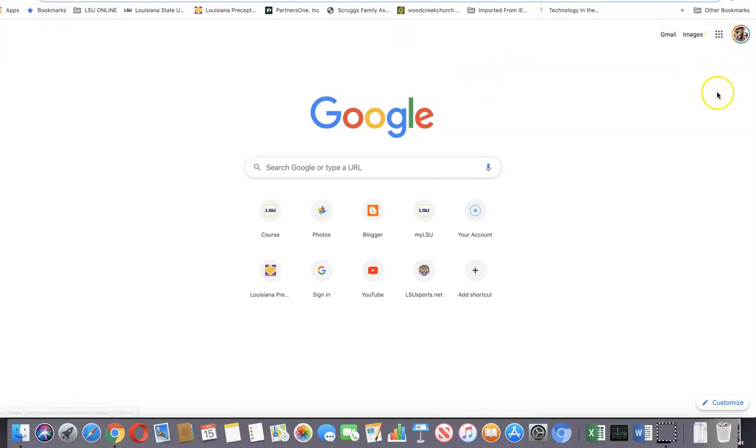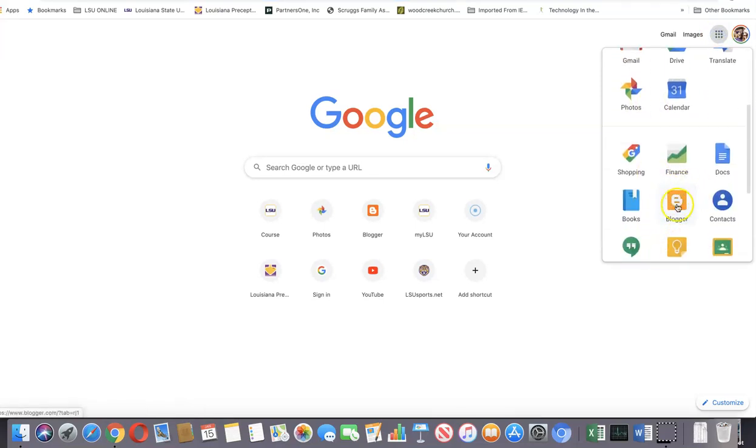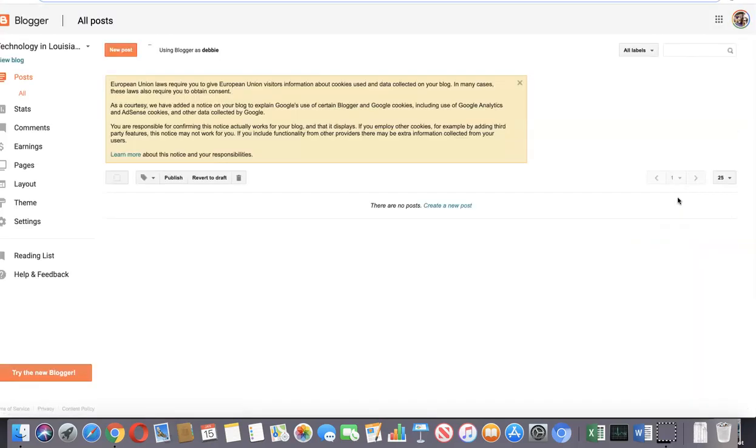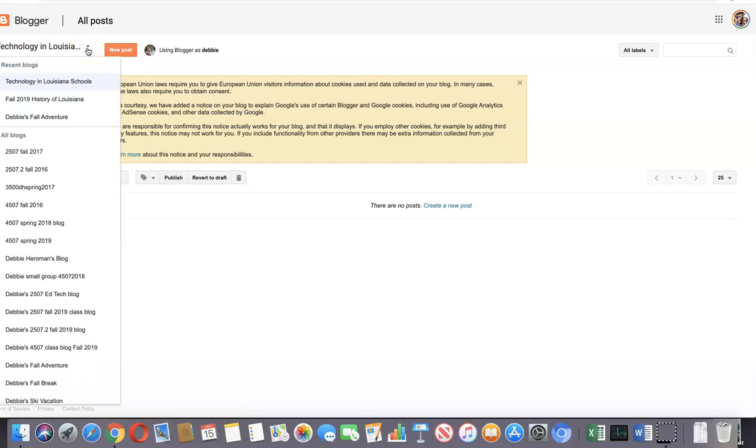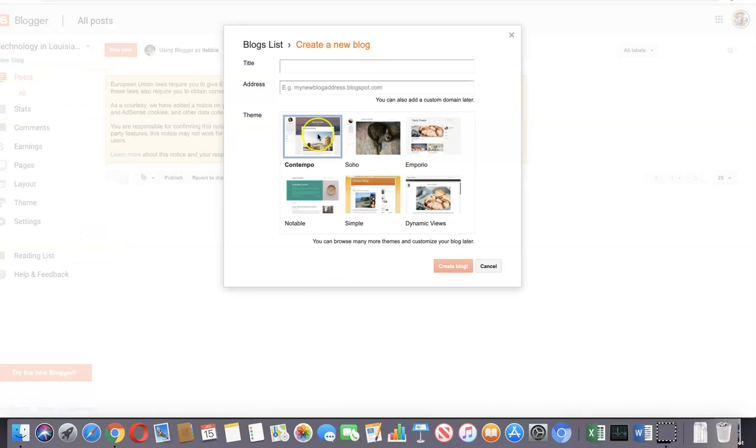Okay, so I am already logged into my Google account, and I'm going to go here to the apps, and I'm going to scroll down here to where this little orange block that says Blogger. So I'm going to click Open Blogger, and I have quite a few blogs, but right here I'm going to drop down, and I'm going to scroll down to the bottom where it says New Blog, and I'm going to call this Online 4507 blog,